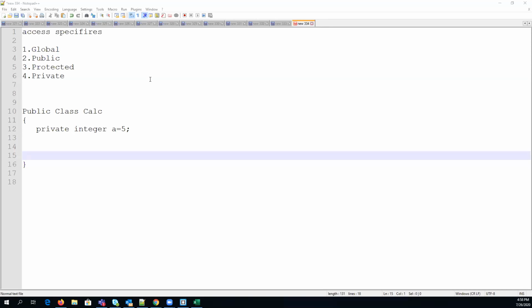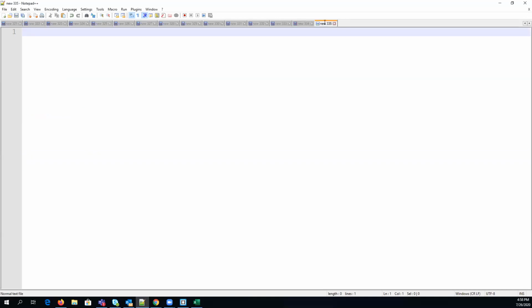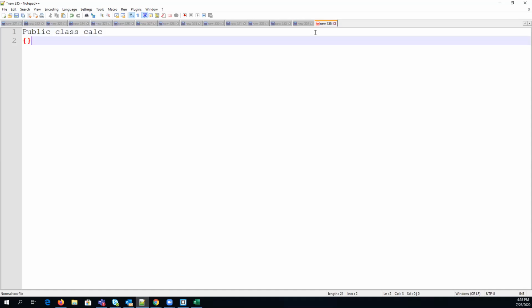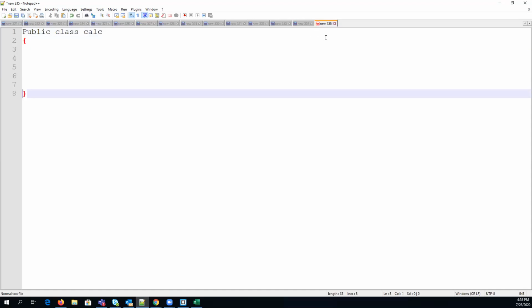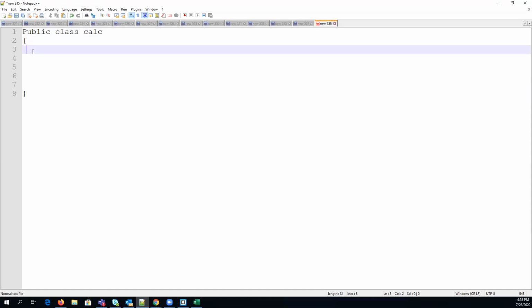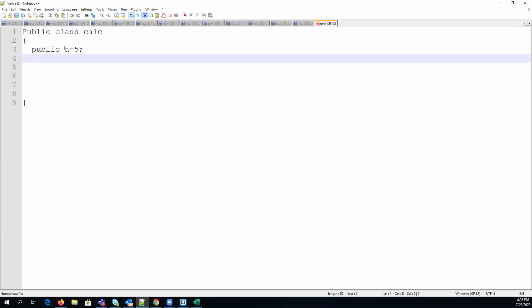I'm just creating a simple class here. Public class calc, and I am declaring variables here. Public integer a is equals to 5.